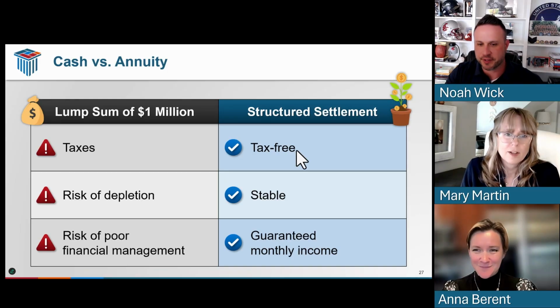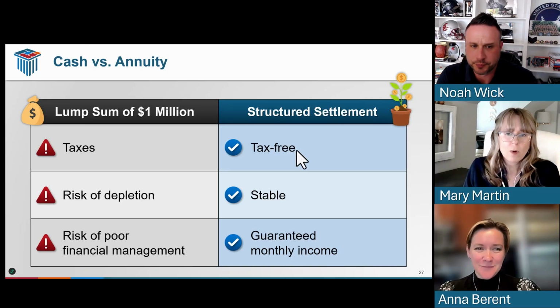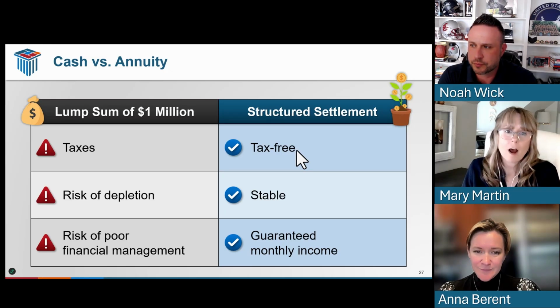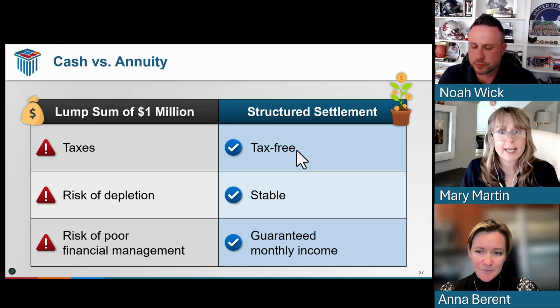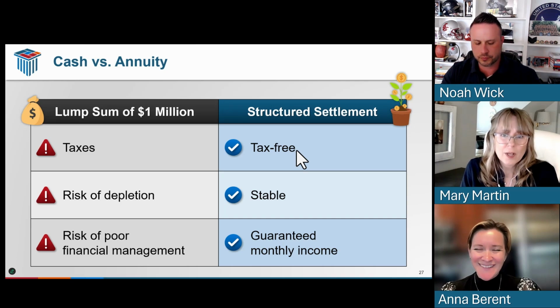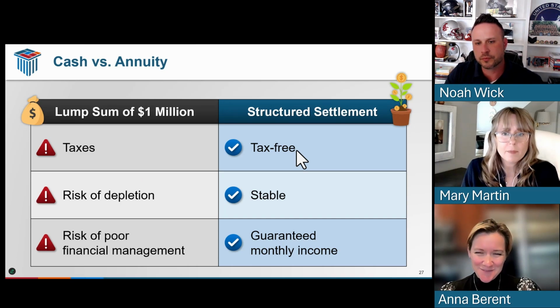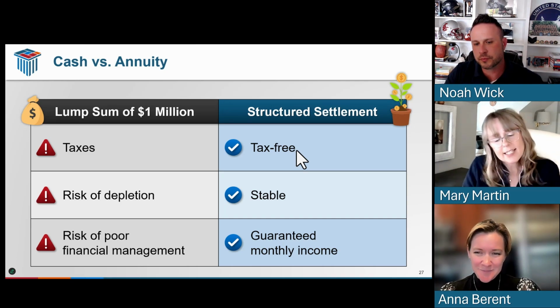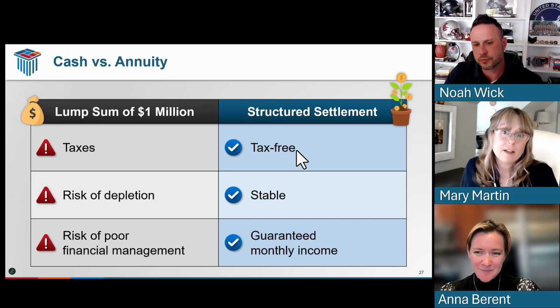What's the point of this graphic here? So this is a great way to simplify and boil it down for plaintiffs. Plaintiffs walk into a mediation often not knowing very much about structured settlements. Anything they may know about structured settlements has come in the form of a singing Viking from TV. And so we want them to understand that this isn't an arrangement to simply allow the defendant to pay damages